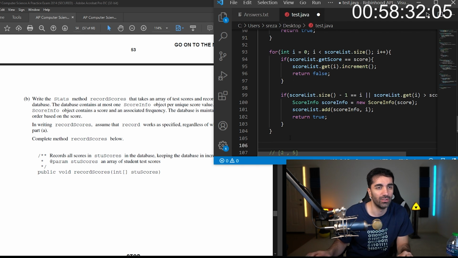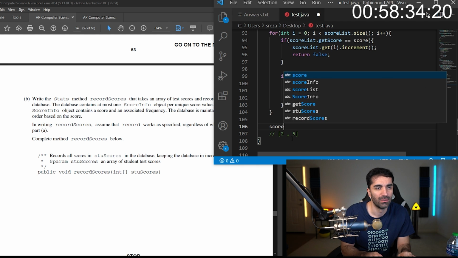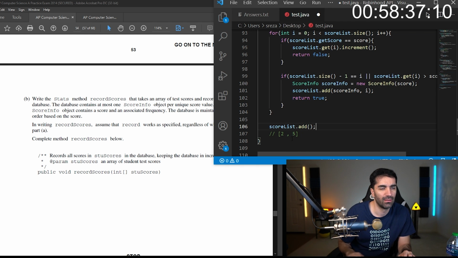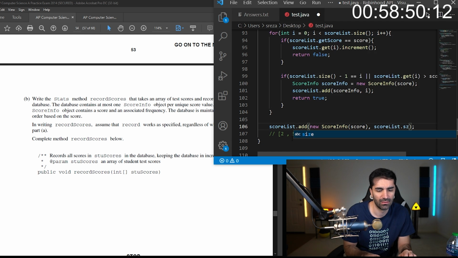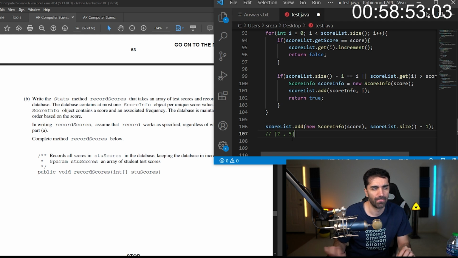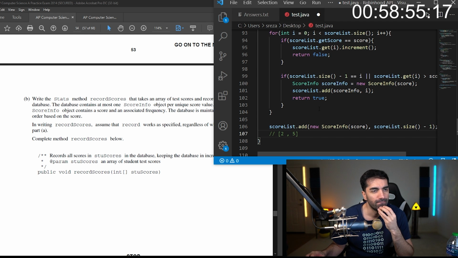And then all we need to do is add a new score info at the end of the list. So say we have 2 and 5 and our score is 6. So we would never get into here, right?